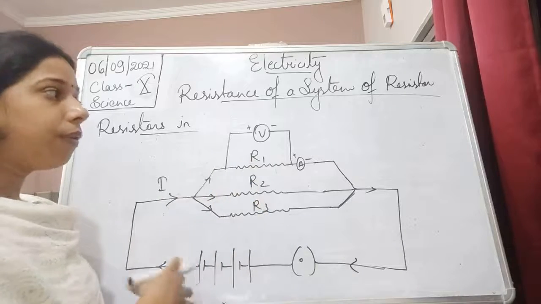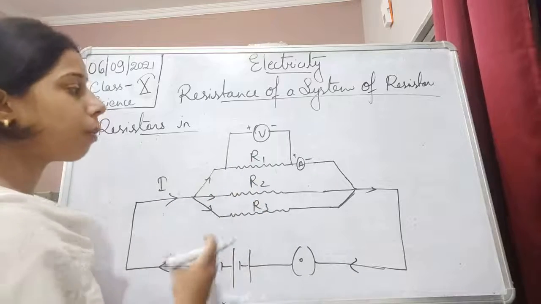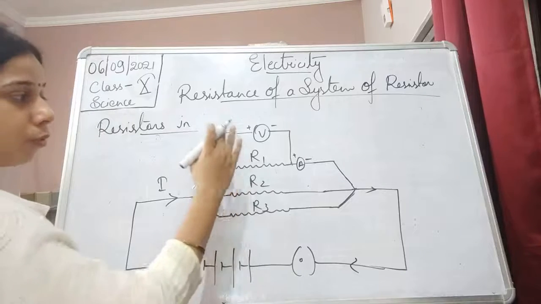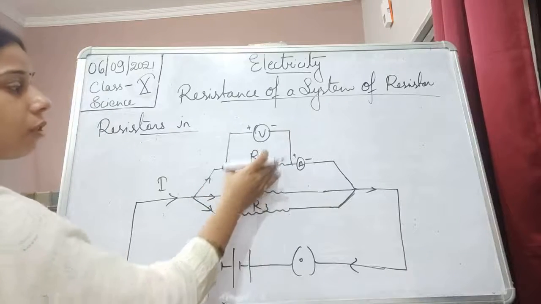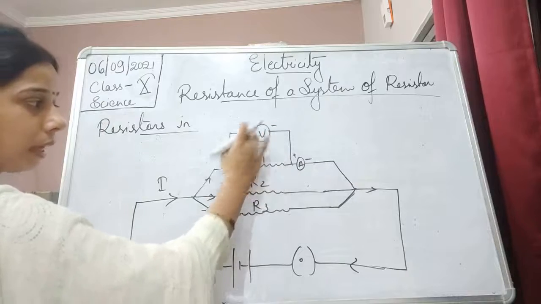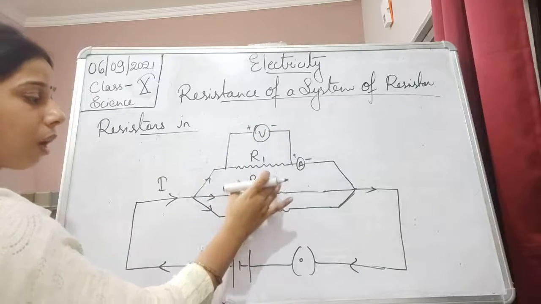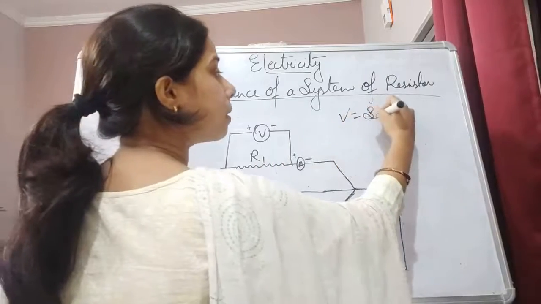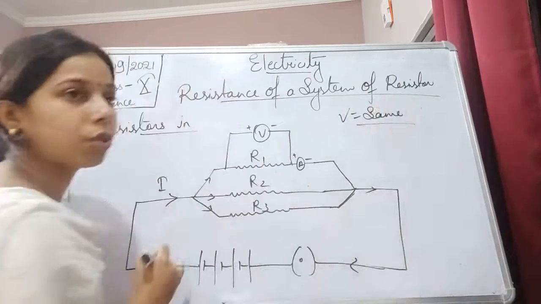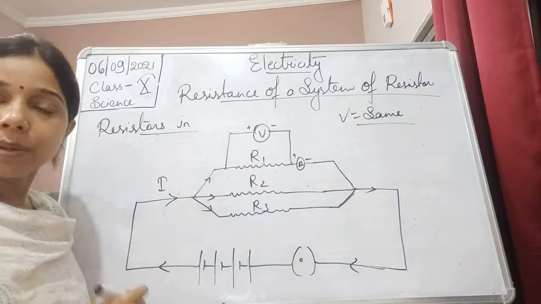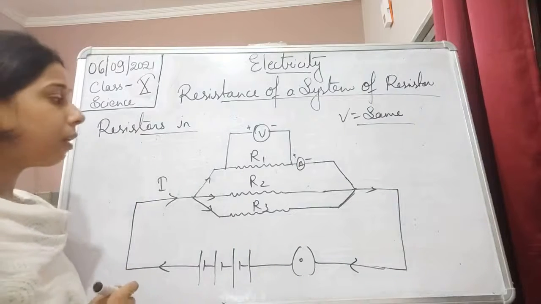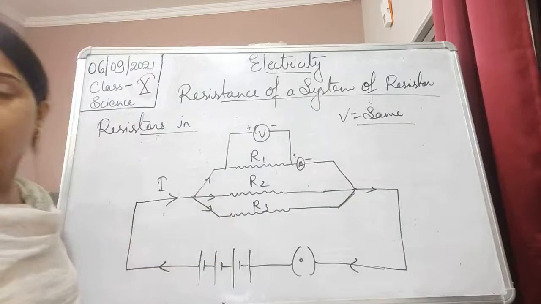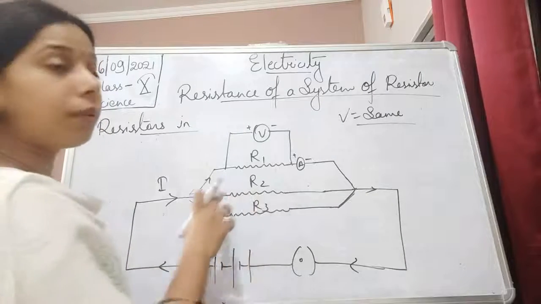How will we come to know about it? We will simply put a voltage across all three. At first in R1, and the same thing with R2, and then with R3, the voltage will remain the same. There will be no change in the voltage. But here the current is dividing into the three resistors.